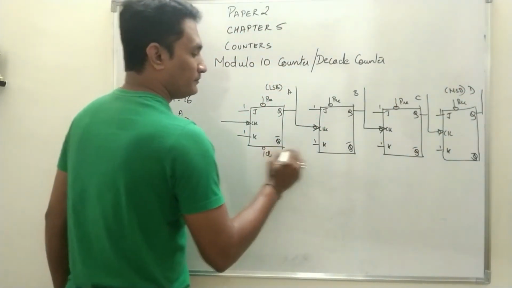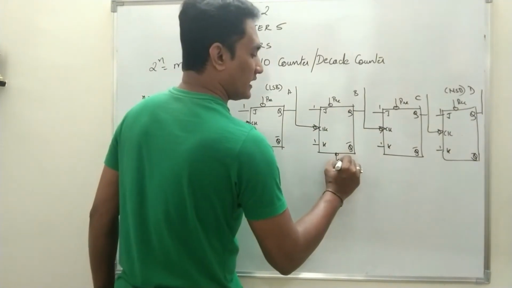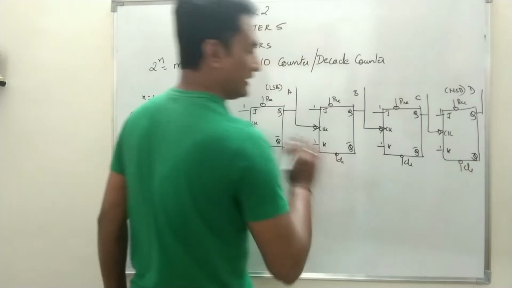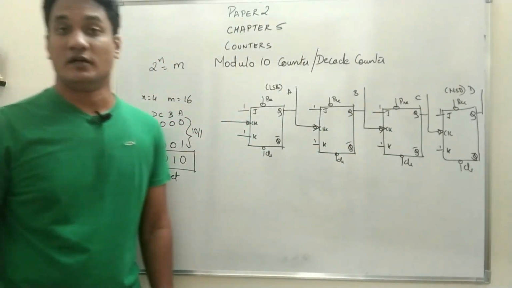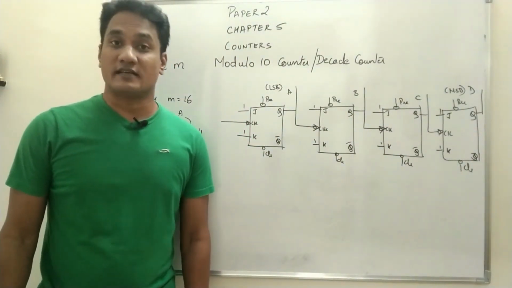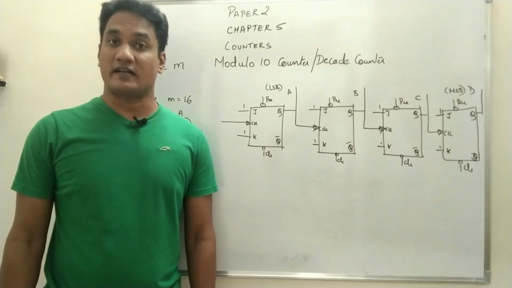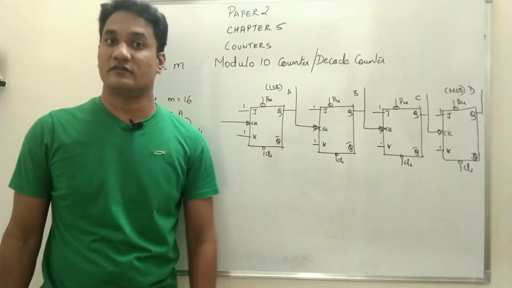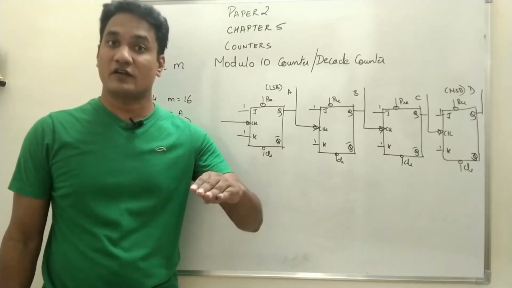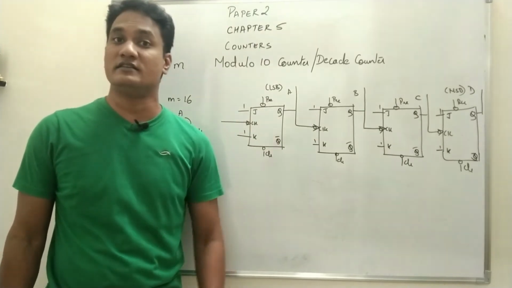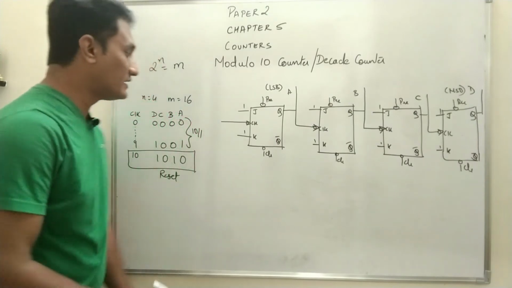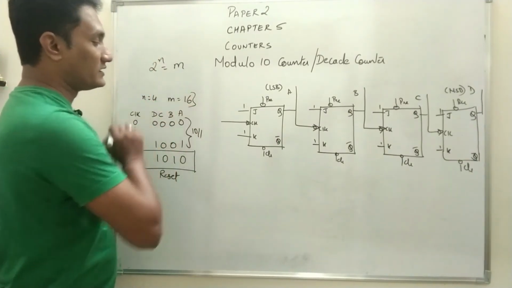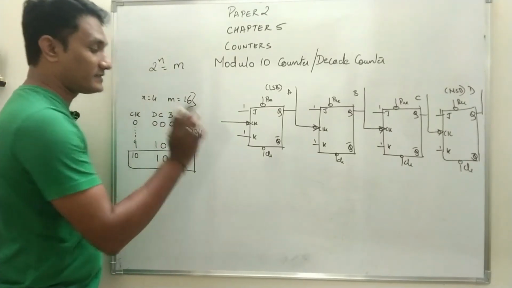So the circuit is similar to what we have designed for a 4-bit asynchronous counter, 4-bit binary counter, 4-bit ripple counter, modulo 16 counter, or mod 16 counter. The first counter circuit which we have designed is exactly the same. But if you keep the circuit exactly the same, it will start counting from 0 0 0 0 to 1 1 1 1. We have already seen, and only after 1 1 1 1 it will go back to its initial state. So the total number of discrete states will be 16, 0 to 15. But what we want is